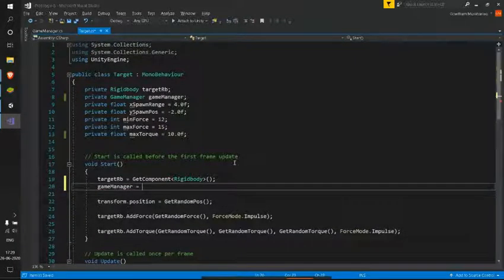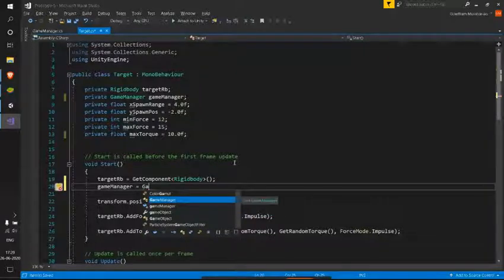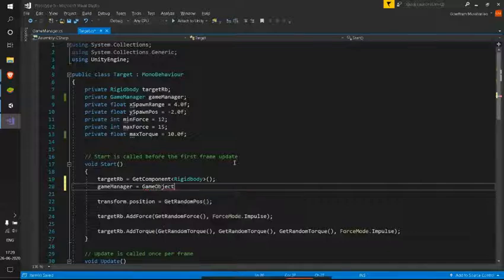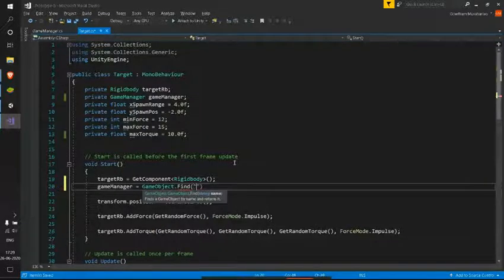As I said, to get the game manager script, we need the game manager game object. So we need to find that. I'll be using GameObject.Find, and here I need to give the string name of our game object perfectly.